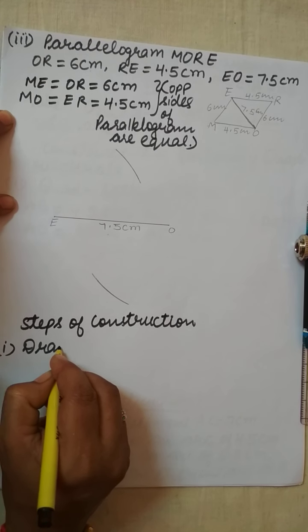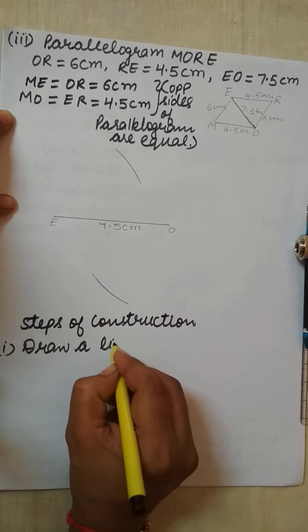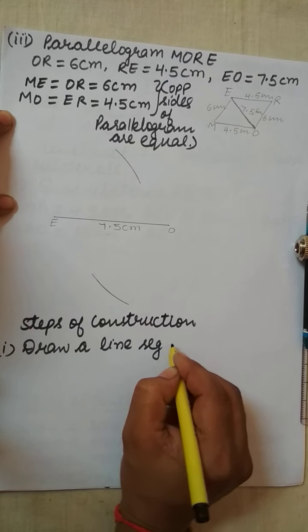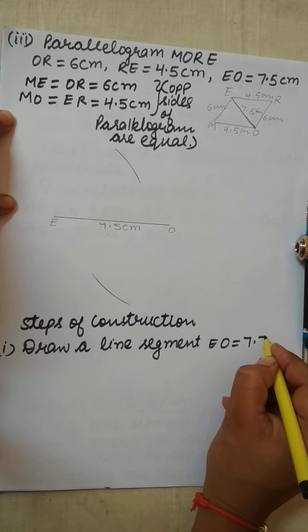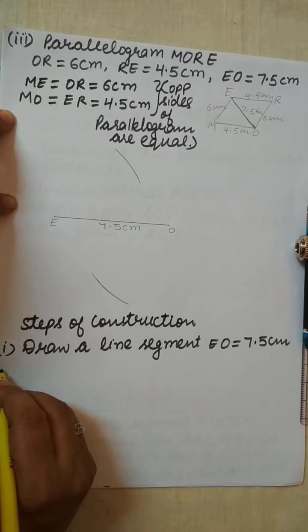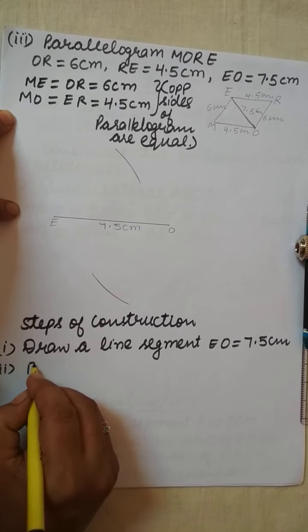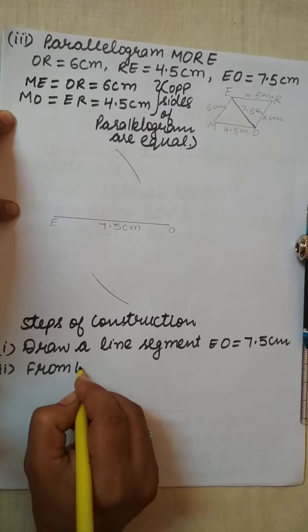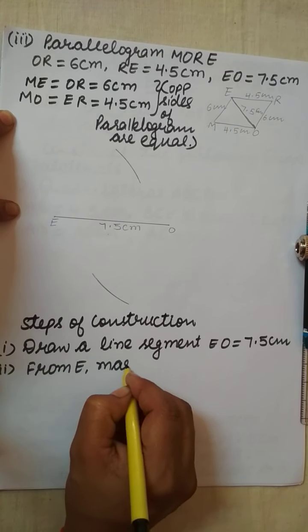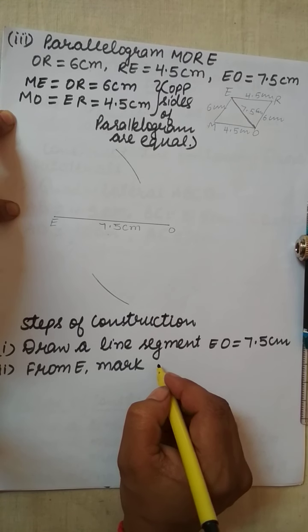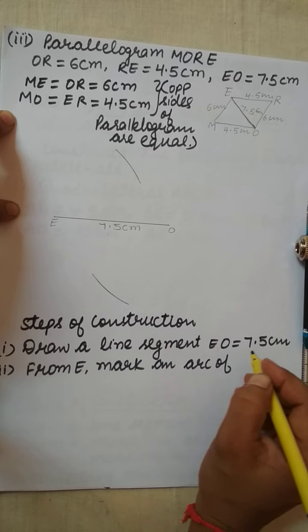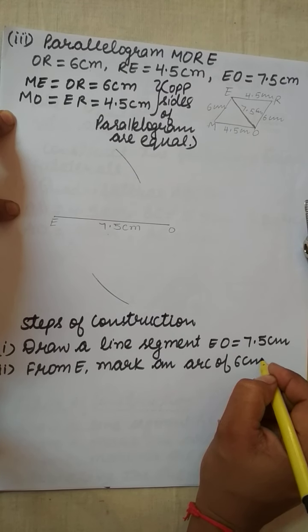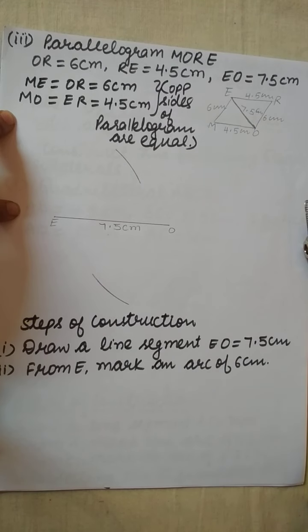Draw a line segment EO is equal to 7.5 centimeter. Second part, from E mark an arc of 6 centimeter. Now after that we will mark the arc